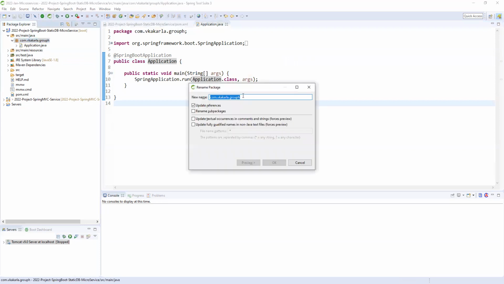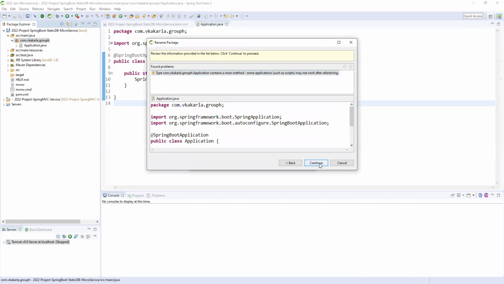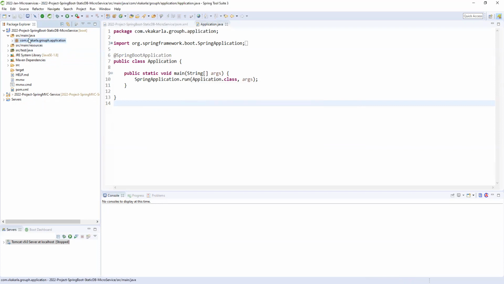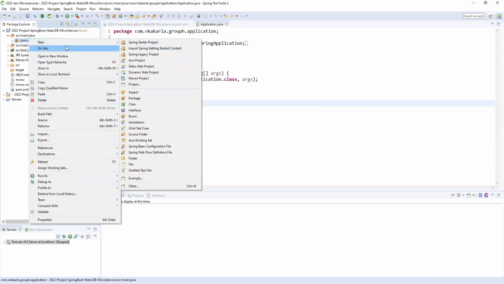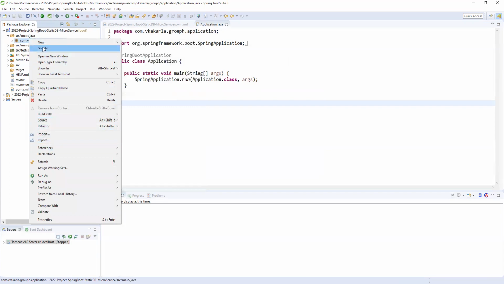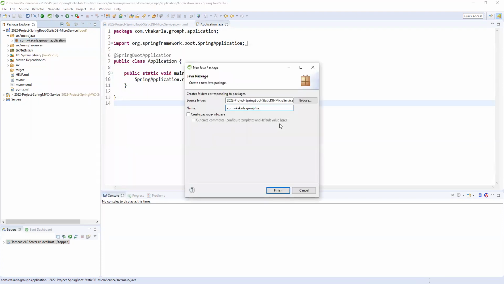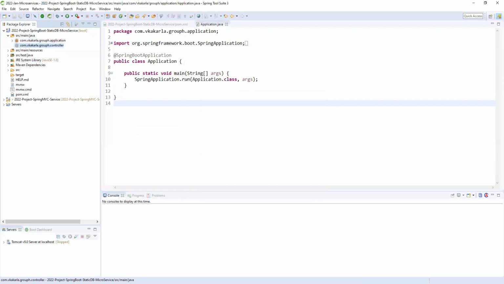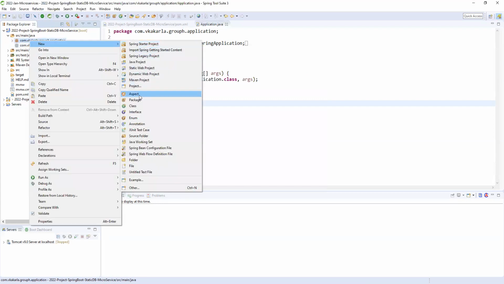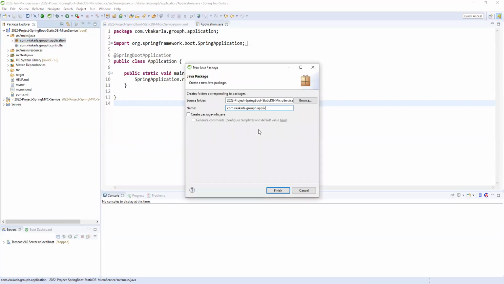That's fine. Now you can change this as the application. This is the main application package. Now add a new package. Here I am adding controller, the next-level controller. We need an employee service, as we are going to do the employee service. We also need a model, which means the employee object.